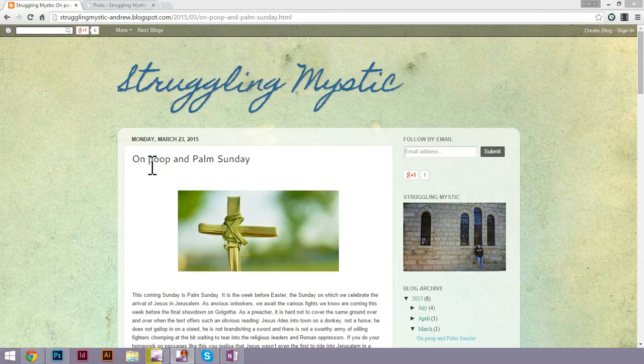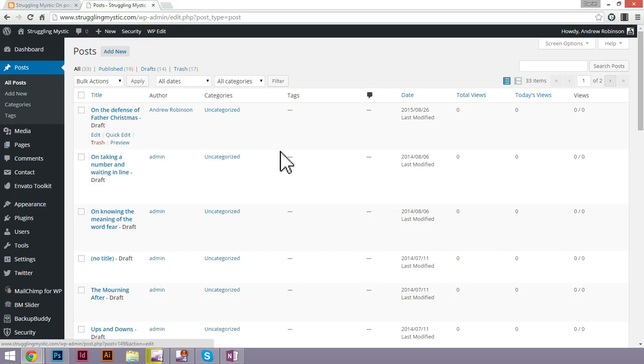So the best way to do it is not some fancy plugin that's going to pull the content and the images. The best way to do it, to ensure that everything's styled correctly, is just to do it the old-fashioned manual way. So I'm literally going to grab the title of the post, copy it, and I'm going to go over to my dashboard,